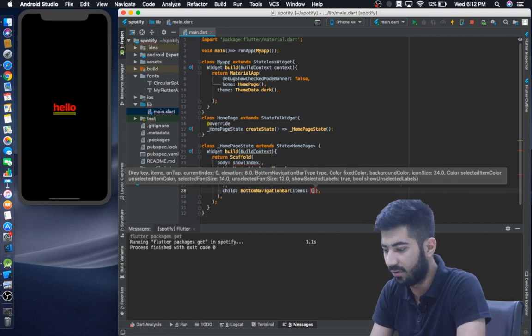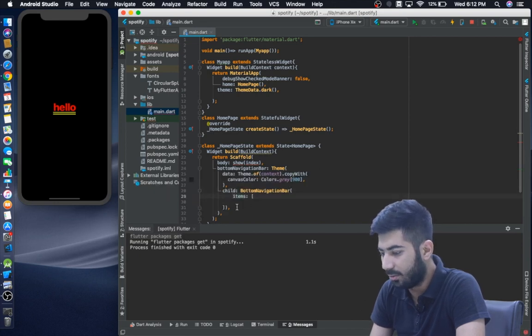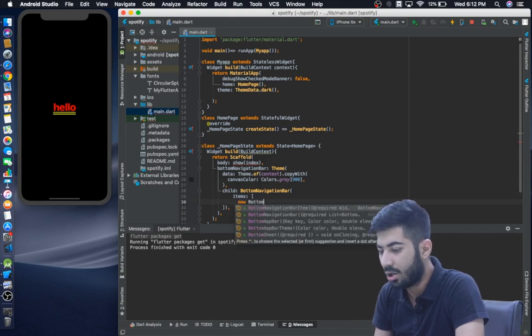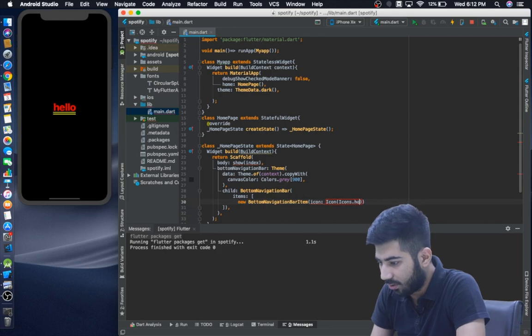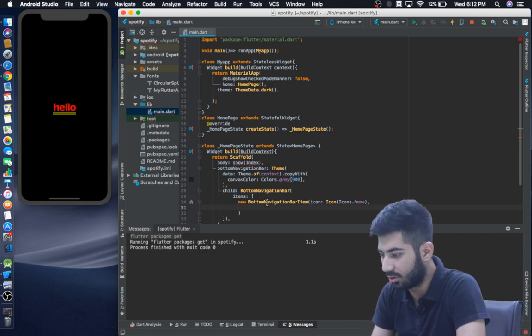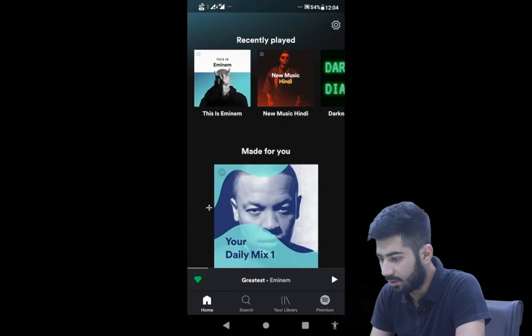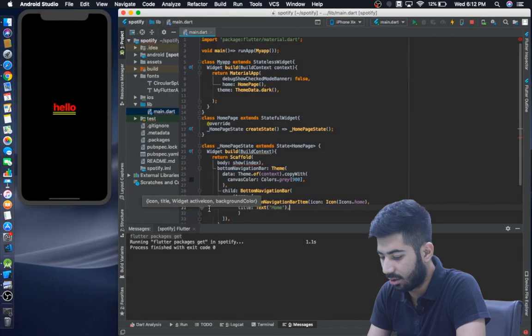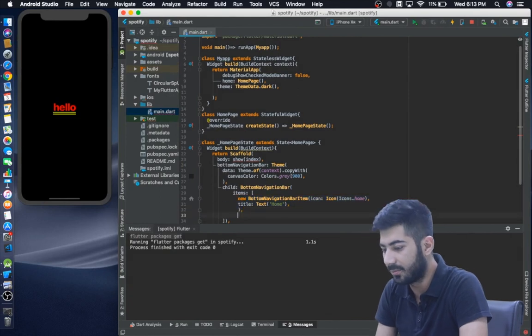So let me just take bottom navigation bar. Here it is, and as you can see, inside the bottom navigation bar, the main named parameter is items, in which all the items of the bottom navigation bar are going to be held. So let me just create a bottom navigation bar item. For icon, let me just take Icons.home because it's the first, and for the remaining it also has a named parameter of, I guess, title. Yes, title, and inside the title I'm gonna write home. I'll be creating a few more. As you can see, there is home, search, your library, premium section. So let me just